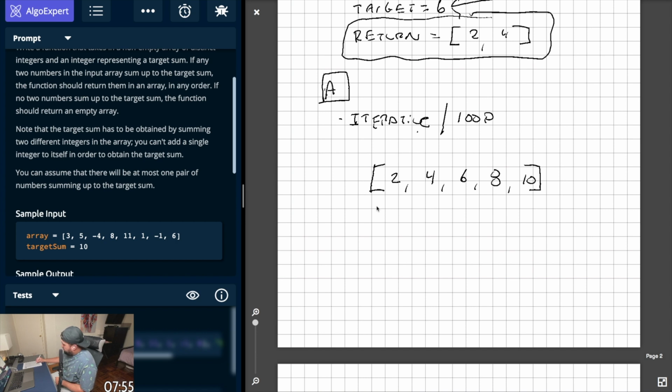So we start off with the first index, right? We start off with the first index, and we need to loop through each one and compare the first index with the next. All right. So in our function, we have our target sum. Let's just say our target sum is going to be 12. Right. So as I loop through the array, I'm looking at 2. I somehow need to